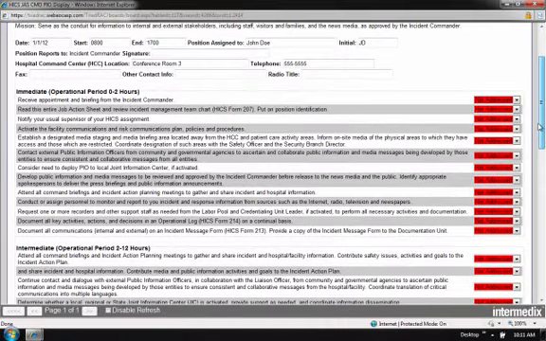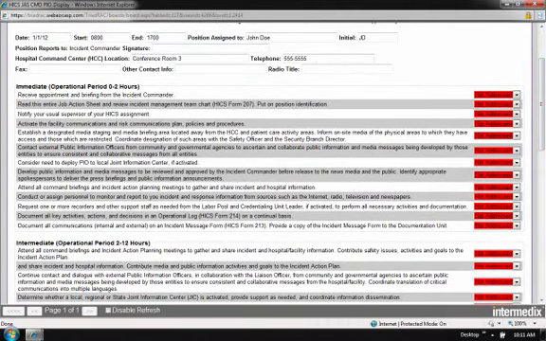If we scroll up here to the top, we then want to look at each of the items in the immediate operational period from 0 to 2 hours. And for each of these, we want to read through it and select our status. So read the entire job action sheet. Yep, we've done it, so we can mark it as complete. We're going to go through each of these and start making individual selections based on what we have completed so